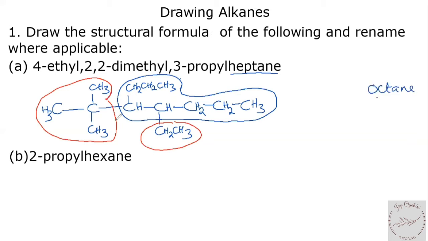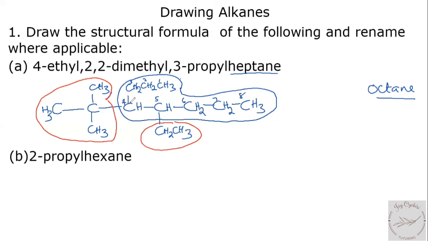right? So at 1, 2, 3, 4, 5, 6, 7, 8, at the 4th carbon there is this group attached that has 1, 2, 3, 4 carbons. 4 carbons means a butyl. But then, what type of butyl is this? This is called tertiary butyl because it has no hydrogen attached to this central carbon, and we abbreviate it as tert.